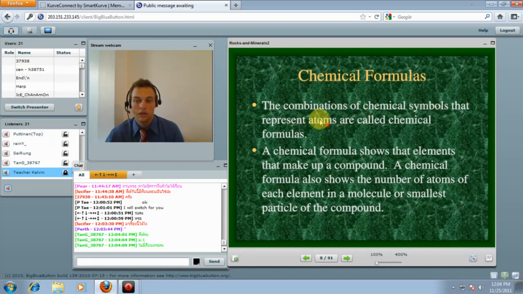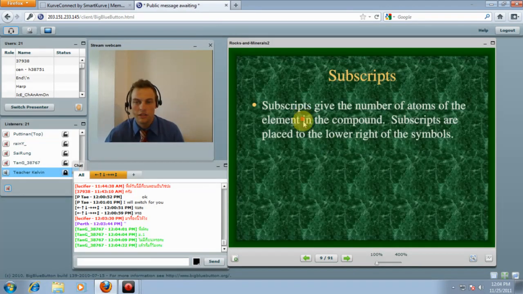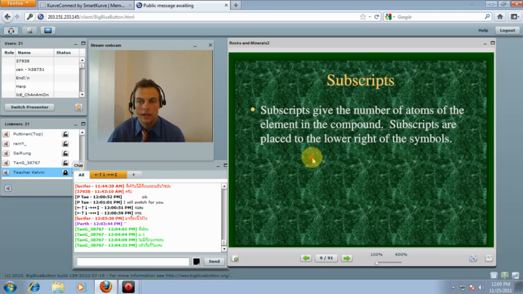Chemical symbols are used to write chemical formulas. So H2O is a chemical formula. It basically tells us how many atoms are involved, what elements are involved, and how many of them. So for H2O, the subscript, which we didn't really talk about, H2O has 2 hydrogens and 1 oxygen. You can tell by the little number 2. It sounds pretty simple, but sometimes you get into really complex